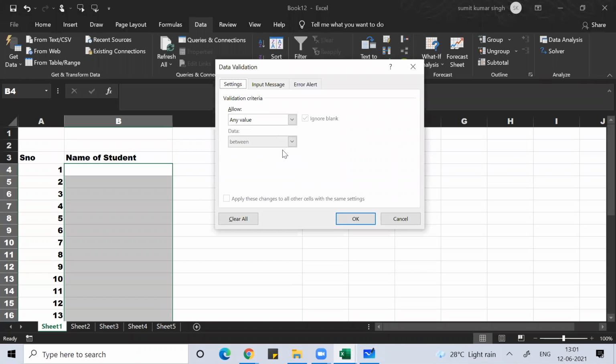D for donkey, L for Lanka. Can you see data validation? Click on data validation. Alt DL. In that, under settings, click on custom.